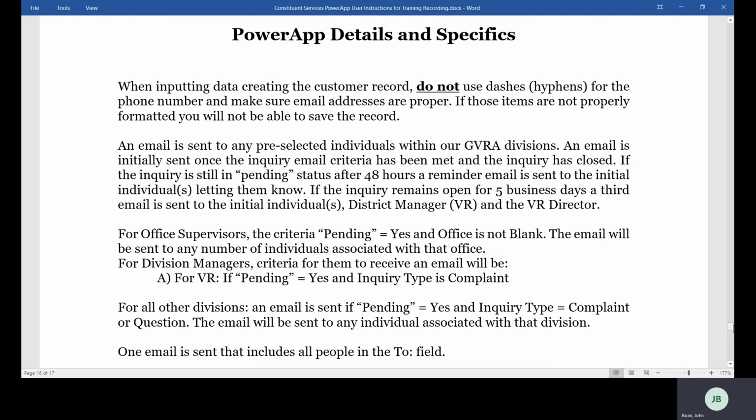If the inquiry is still in pending status after 48 hours, a reminder email is sent to the initial individuals, letting them know. If the inquiry remains open for 5 business days, a third email is sent to the initial individuals, the district manager, and the VR director.